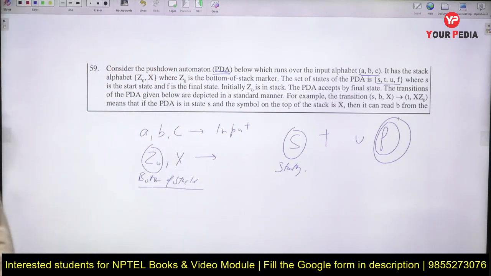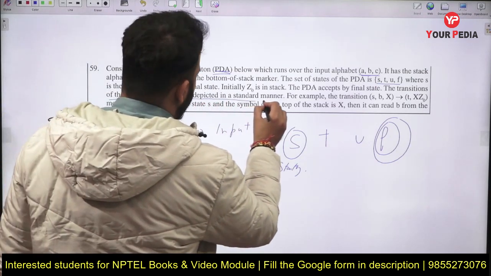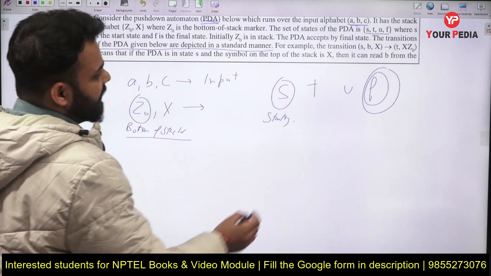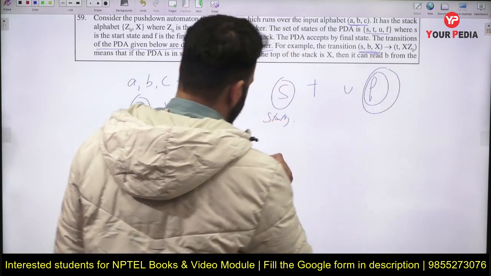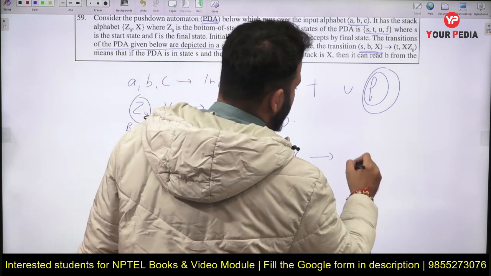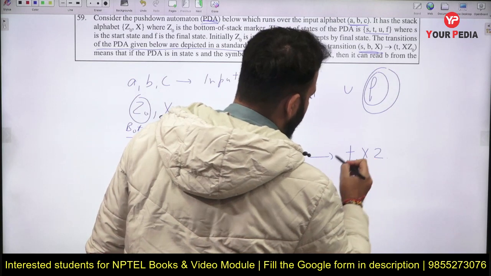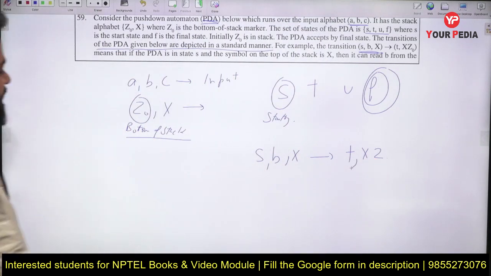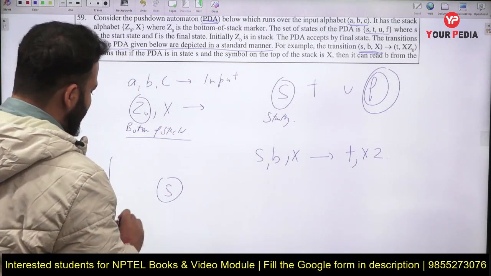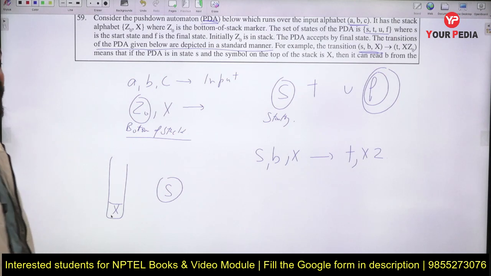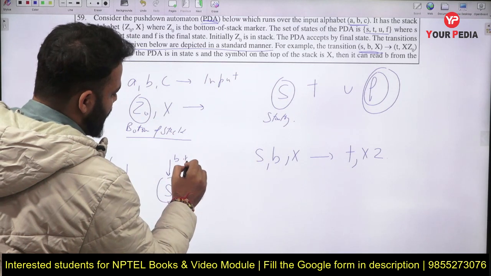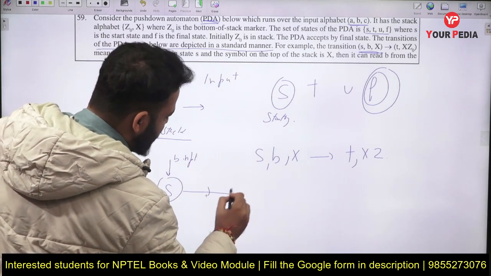Now the transitions of the given PDA below are depicted in a standard manner. For example, now what are the transitions here? For example, the transition S, B, X to T, X Z0, means that if you are at state S and the symbol on top of the stack is X, and the input is B, you will move to the state T,